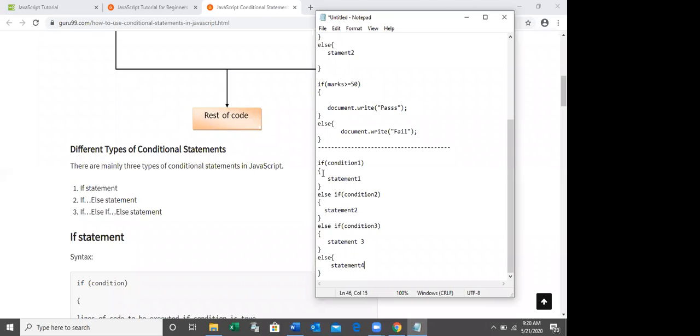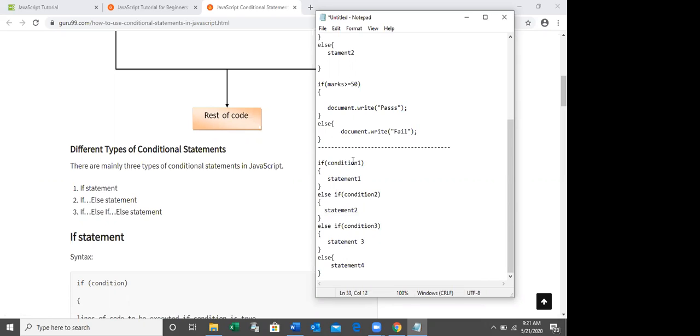Can you understand this? If condition 1 is true, statement 1 will be executed. If condition 1 is false, that means this else, this will check condition 2. If condition 2 is true, statement 2 will be executed.